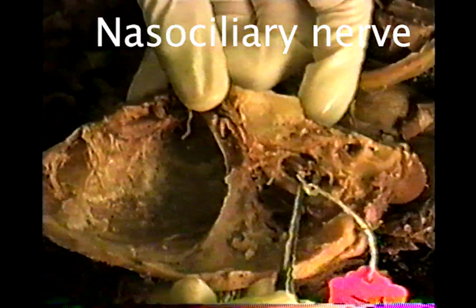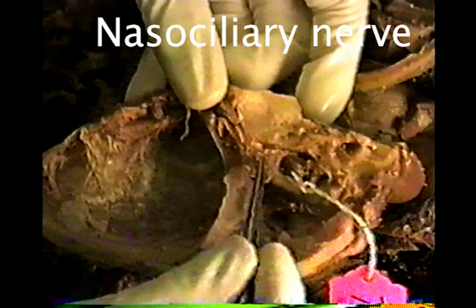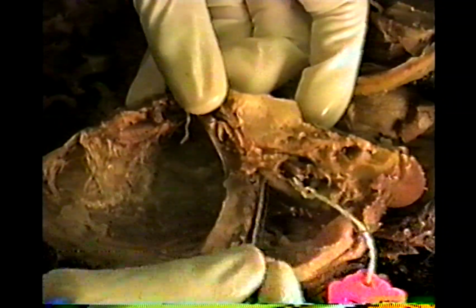And the structure that's tagged is this nerve here, which would be the nasociliary. The nasociliary goes through the common tendon, and it's going to run from a lateral direction to a medial direction, and it's going to go between the superior oblique muscle and the medial rectus. You can also see